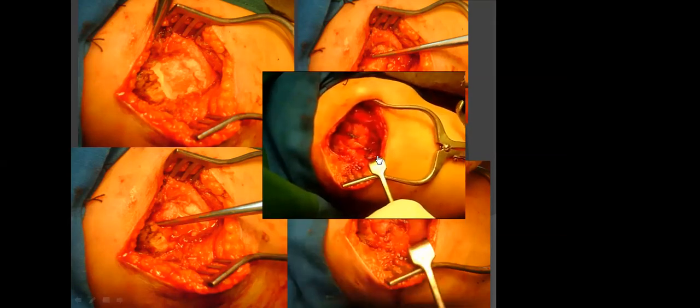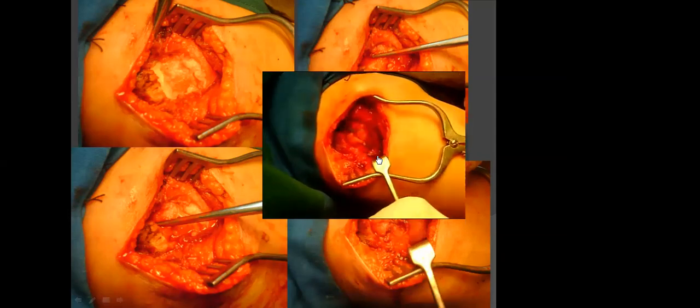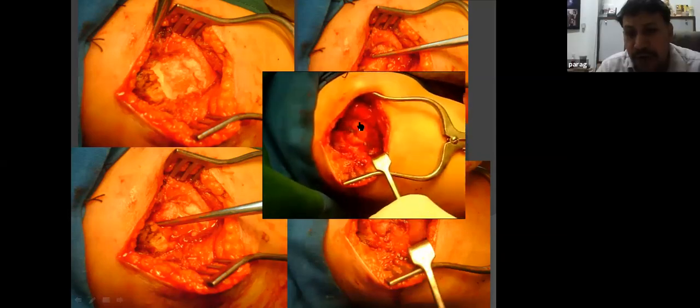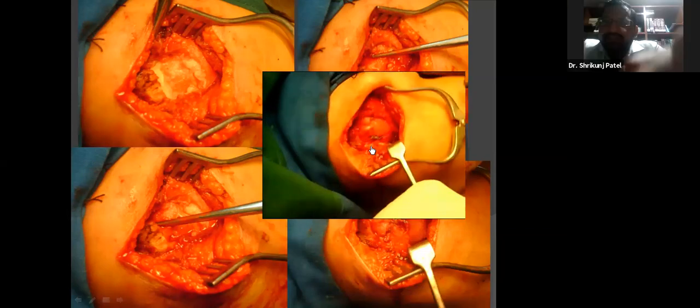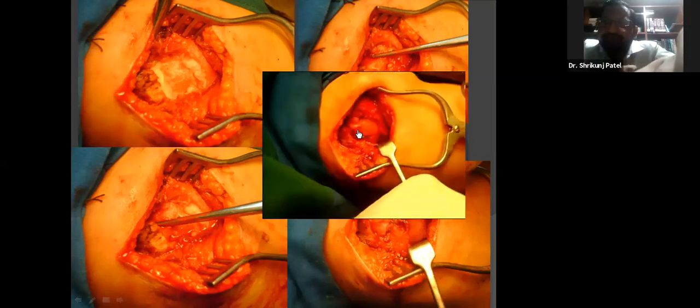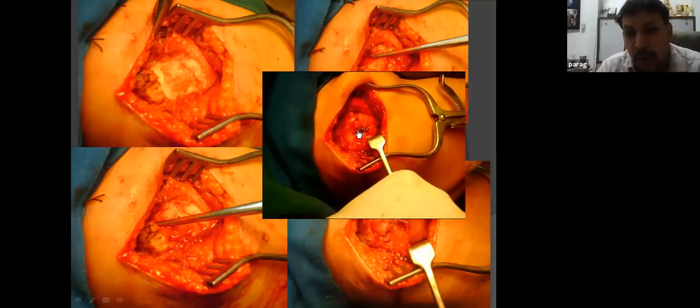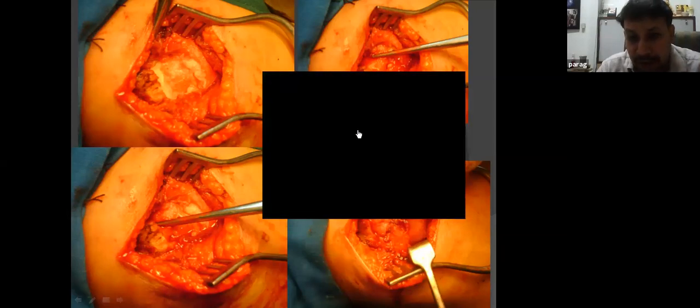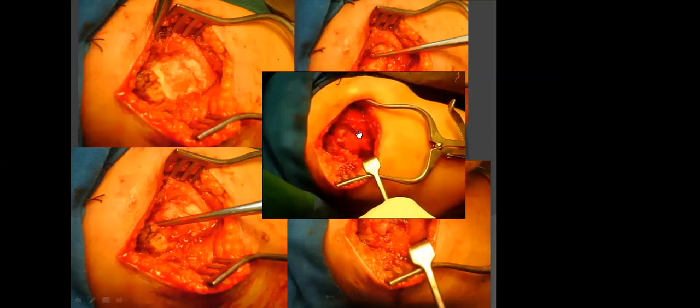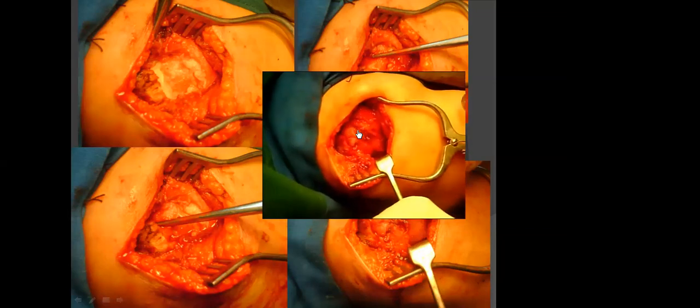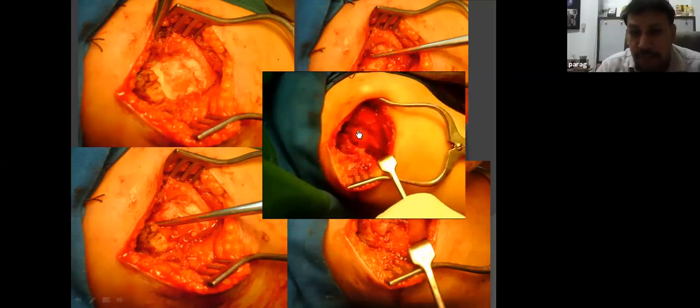Is this video running? Yes, sir. So can you see the whole arm, the whole shoulder now? Yes. Right? So this was the traditional way, the old way of doing a rotator cuff repair, the classic open repair. And you can still do it today. There is absolutely no harm.